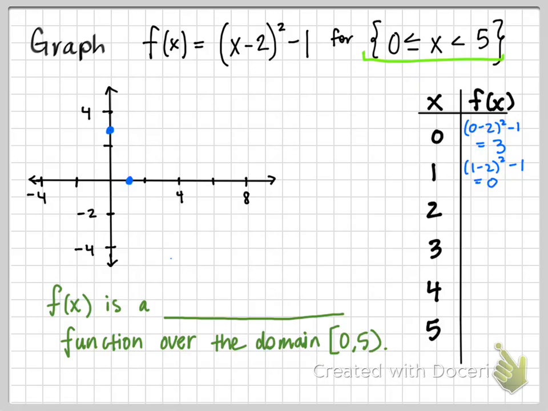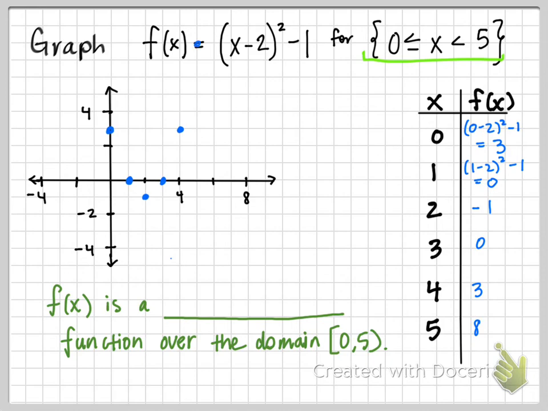Then you plug in 2. 2 minus 2 squared is 0. 0 minus 1 is negative 1. Then you plug in 3. 3 minus 2 squared is going to be 1. 1 squared minus 1 is going to go back to 0. 4. 4 minus 2 squared is going to give you 2 squared, which is 4. 4 minus 1 is 3. And then last but not least, you plug in 5. 5 minus 2 is 3 squared, which is 9. 9 minus 1 is 8. So I have to go to 5, 8,